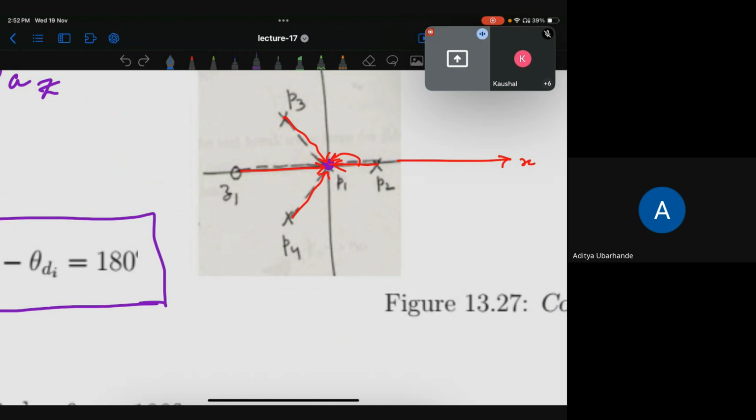So this one makes an angle of this much. Okay, so this one makes an angle 0, whereas this one makes an angle this much. So if you know this part and if you know this part, you can calculate this angle. Okay, so always angles we find with respect to the x-axis. So once you have all these angles,